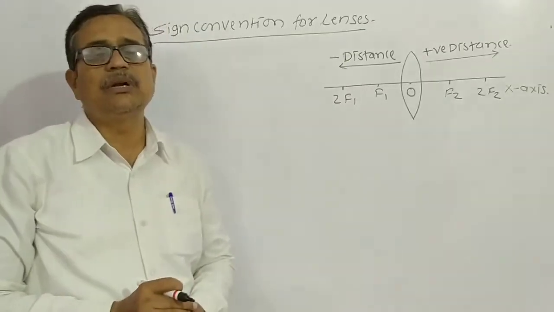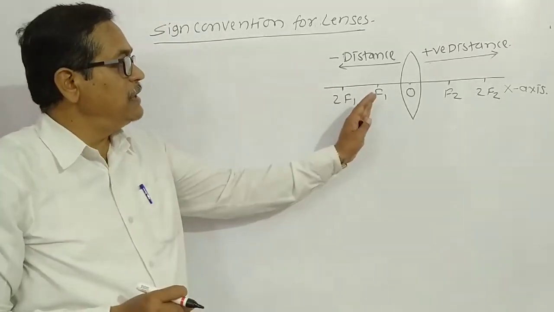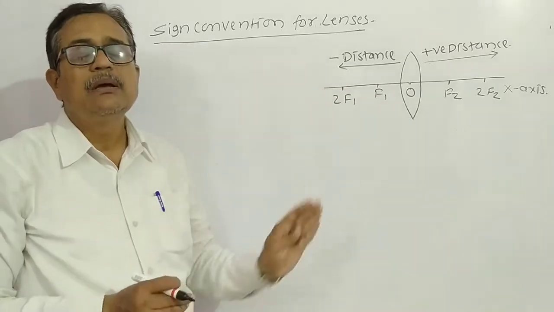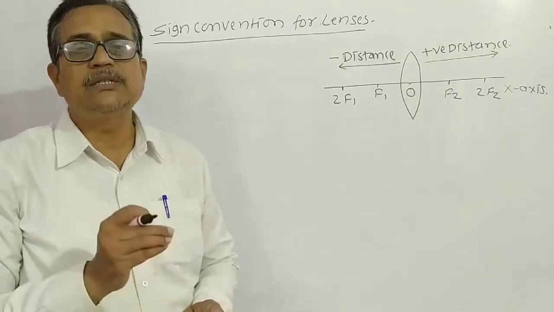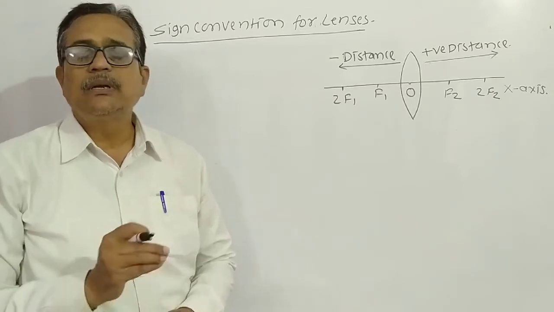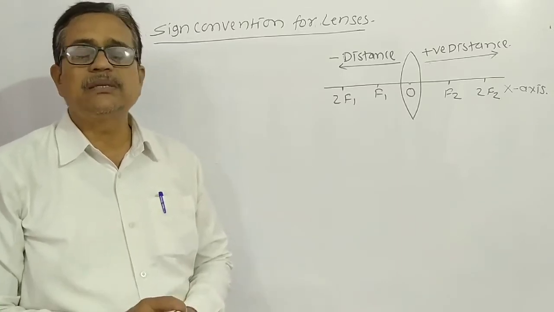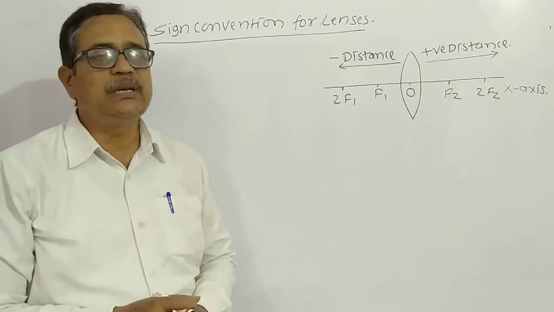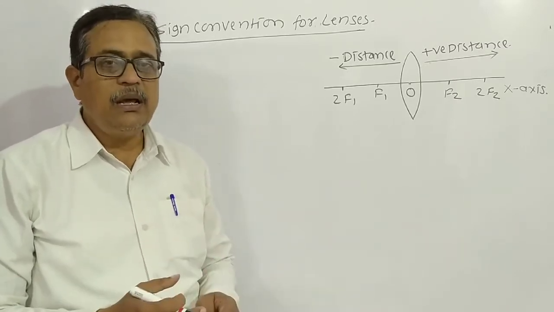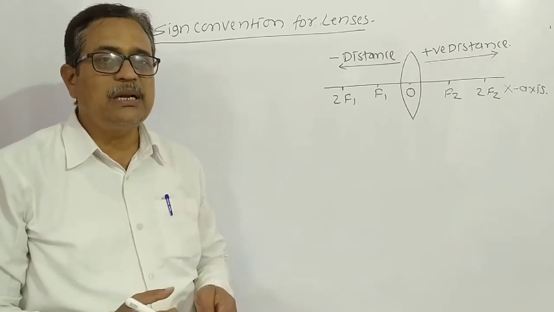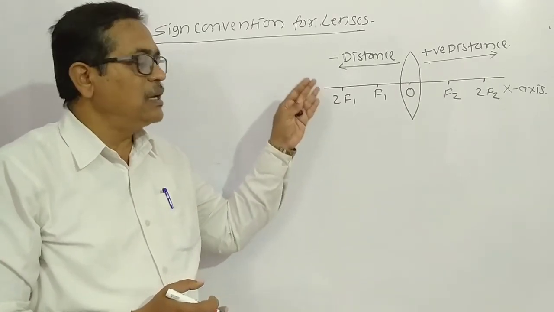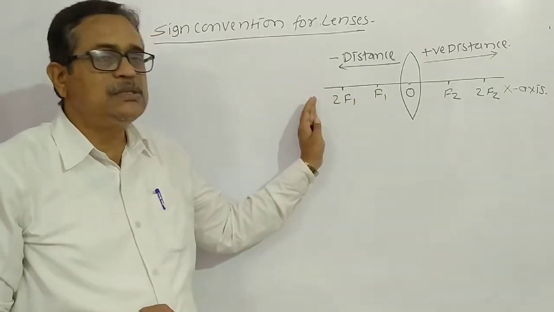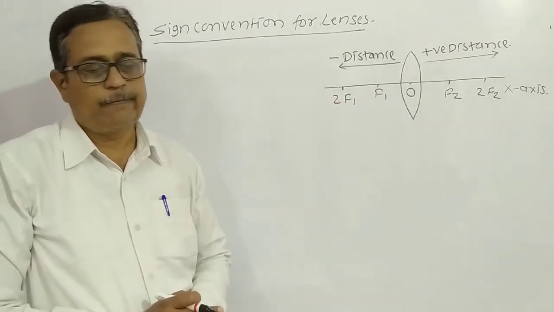Hence, you know, dear student, that the object is always placed to the left side of the lens, the left side of the optical center. Hence, we take the object distance as always negative. Dear student, in a numerical or any example, you are not given such negative object distance or positive image distance. We can just understand that the object distance is always negative because the object is placed to the left side of the lens.